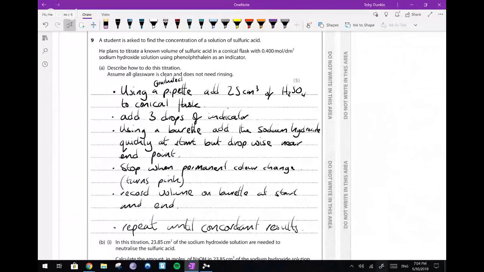By the way, why do we use a graduated pipette for the 25? Because it's really accurate. It gives us a really, really accurate volume. And since a titration can be done to within a drop accuracy, we're going to need a piece of equipment that has similar accuracy, hence the graduated pipette. It also must be in a conical flask, because conical flasks are shaped to allow you to swirl it without spilling. Why do you add 3 drops of indicator and not 10 drops of indicator? Because indicators are themselves acids or bases, and if you add too much indicator, then you're going to have the